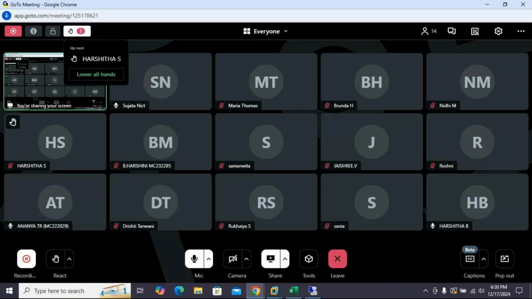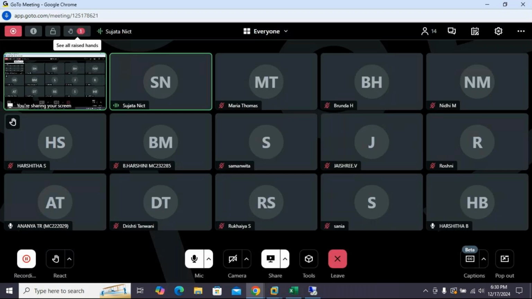Harshita is doing okay. Harshita, you are doing or you have any doubts? No, ma'am, I have no doubts. Okay. Any other students? You have to start already. We are covering 50% now. Not 50 but 30 to 40% has been done. So start doing on that. Anywhere you are stuck, let me know so I can help you out.